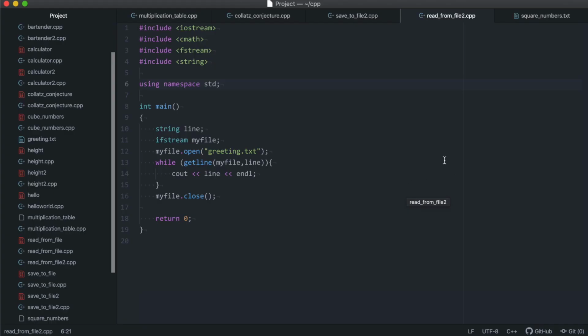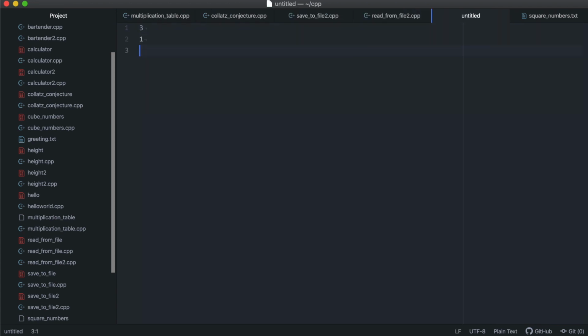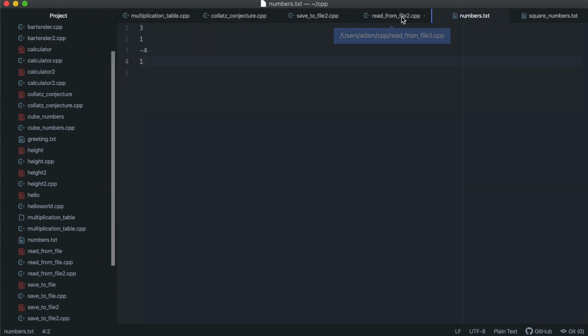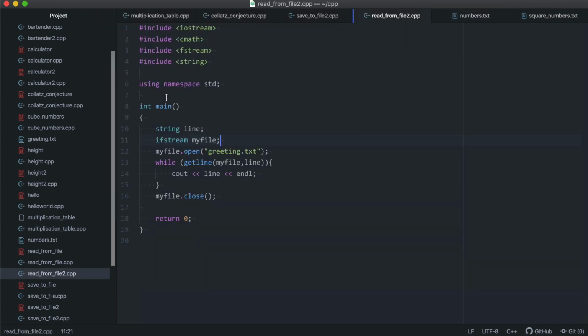First, let's create numbers.txt. So a new file, bung in our favorite numbers, maybe something like that, 4 of them in this case. Call them numbers.txt. And then here's read from file 2. So you just copied and pasted from the original read from file. We're going to open numbers.txt instead, and you'll see that if you try to run this, actually this will work. Let's have a look